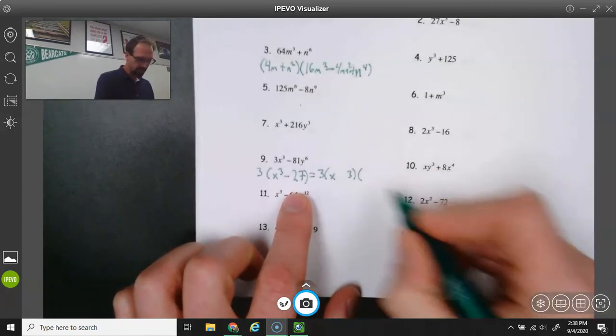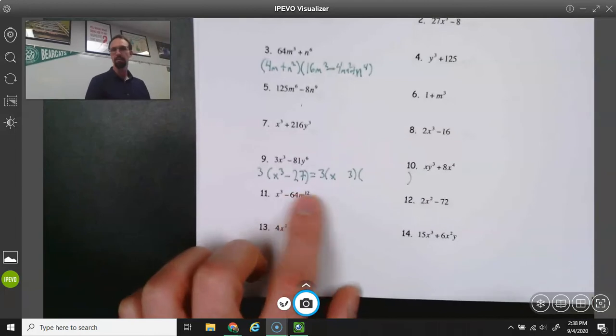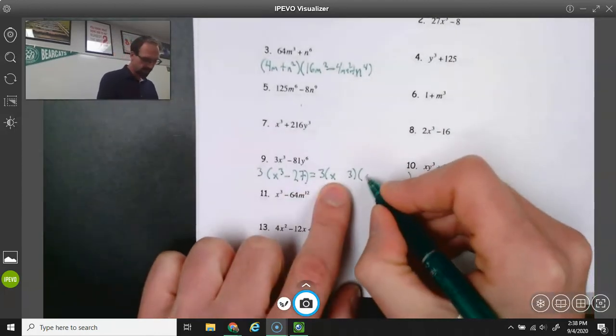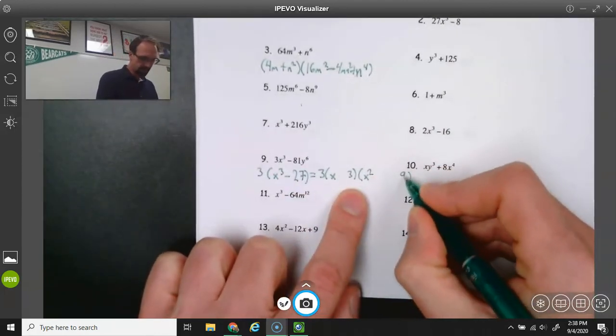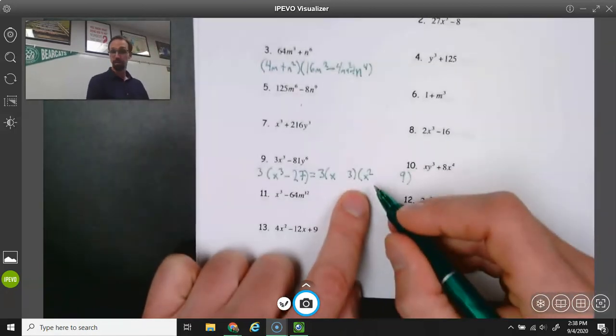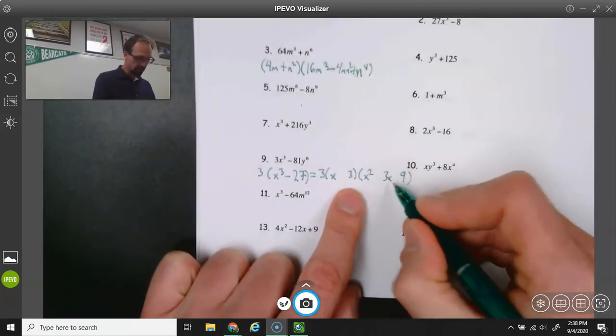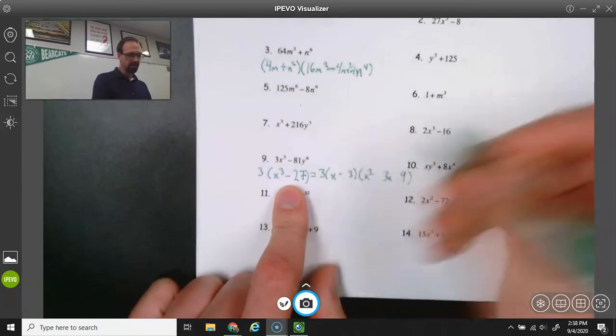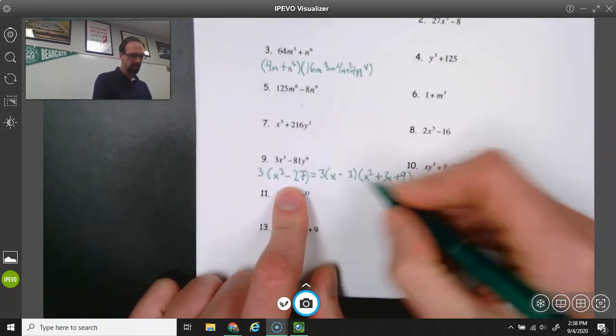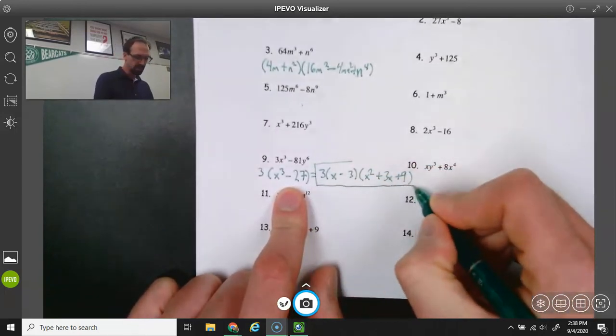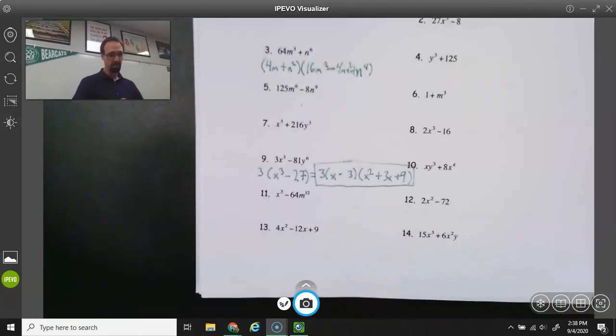Now to get my terms here in my parentheses, I'm going to end up with x squared, 9. My middle term, 3x. Now my signs, my original sign here is negative, so that's a negative, positive, and positive. I'm now going to box this because this is quite different than what the other one was, and that is